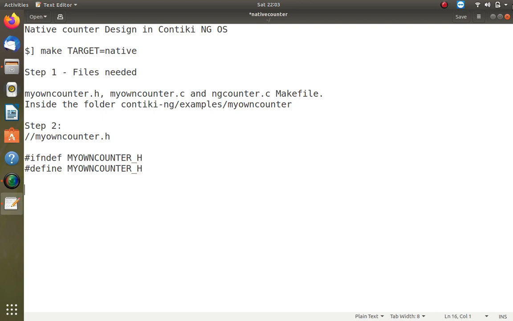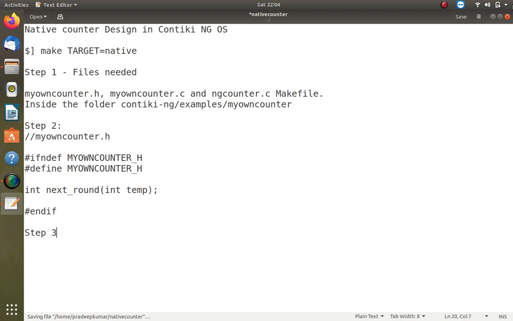Then I will be creating a simple function, int next_round(int temp). Then #endif. So my first file, myowncounter.h, will be done.